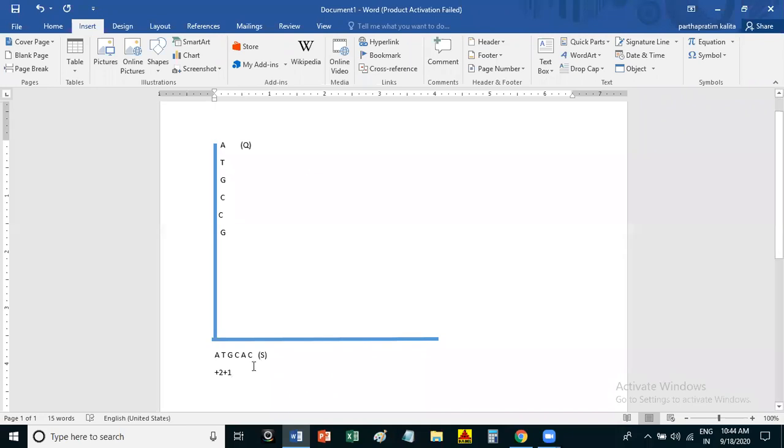That is why in sequence alignment also they get more score for matching G and C. Here G and G are matching, so for example I am giving a score of positive 3. For C also, C and C are matching, so I am giving a score of positive 3.